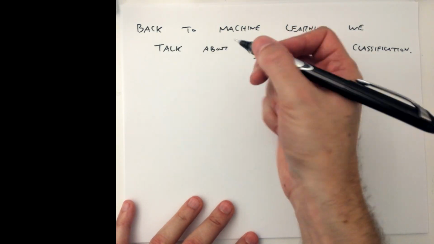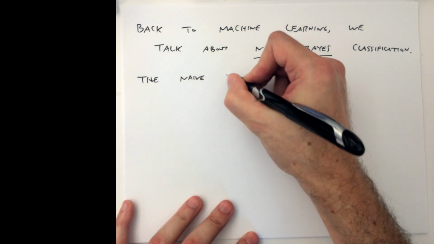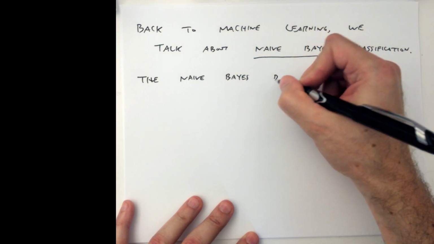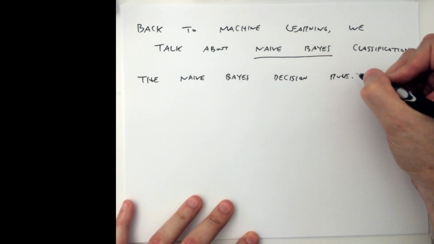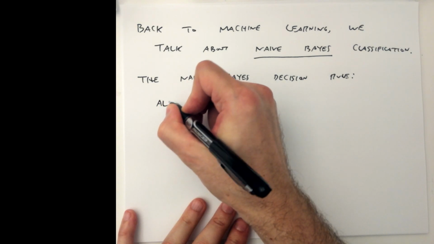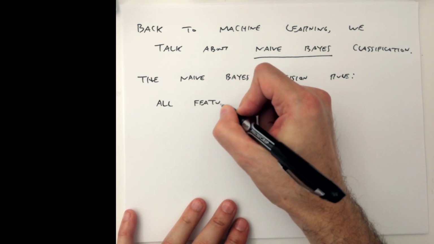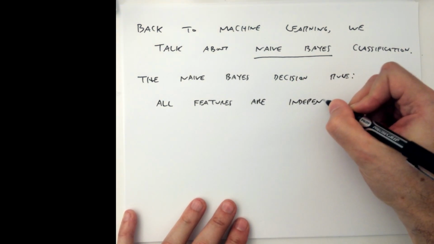So the naive Bayes decision rule is basically the same as the hypothesis testing we talked about all during class, under a special hypothesis that all the features that I see are independent, right? All features are independent,